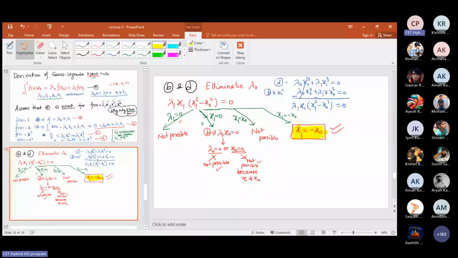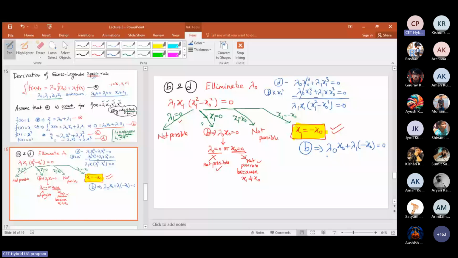तो सबसे पहला काम हम क्या करते हैं कि जो x1 is equals to x0 है उसको हम b इक्वेशन में लिख देते हैं, ठीक है ना. x1 is equals to x0, then b will imply that lambda 0 x0 plus lambda 1 x1 is equals to minus x0 is equals to 0. x0 is not 0, है ना. So what you will get from here is that